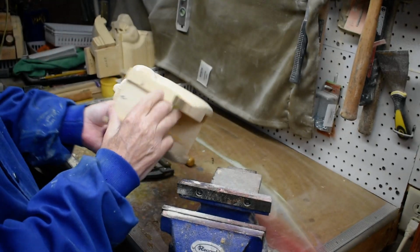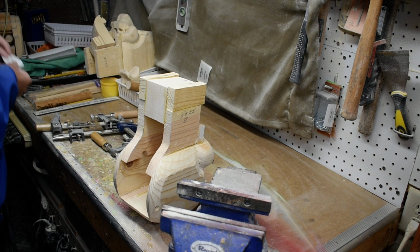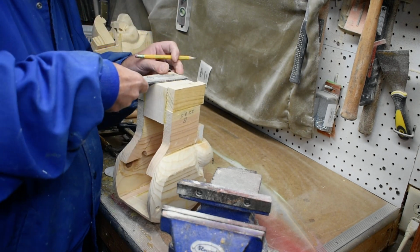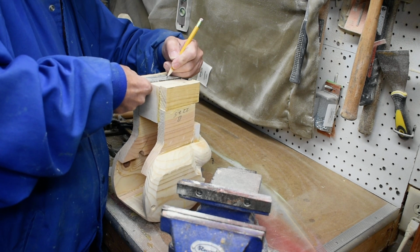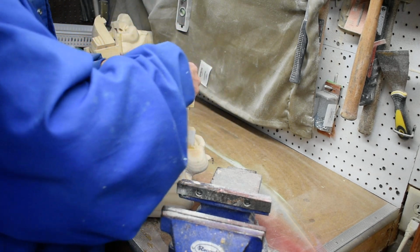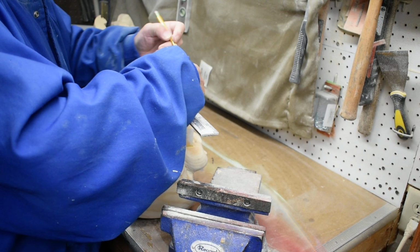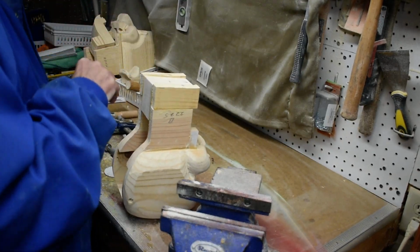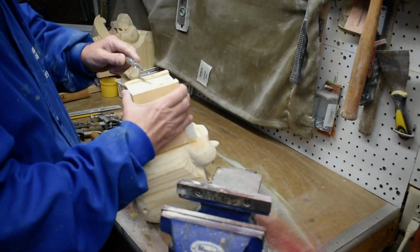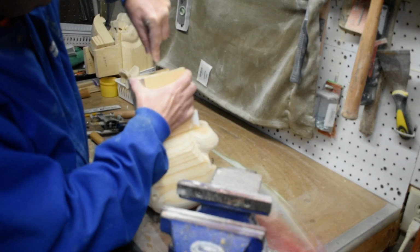But we want to find our center on here. We want to mark our center so we don't lose our center spot. So we've marked our center, so we don't lose that. We're going to do this in here. So when we sand it down,